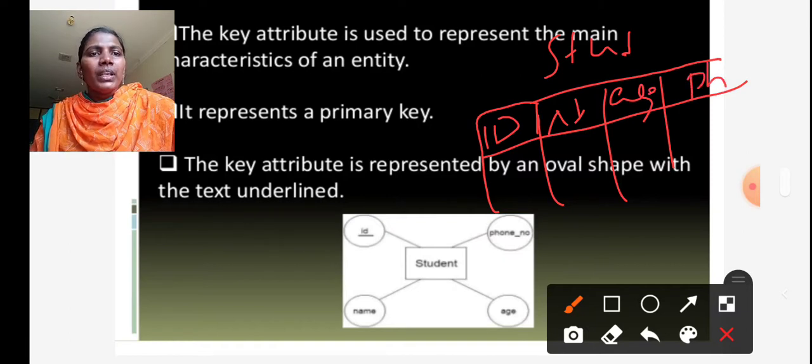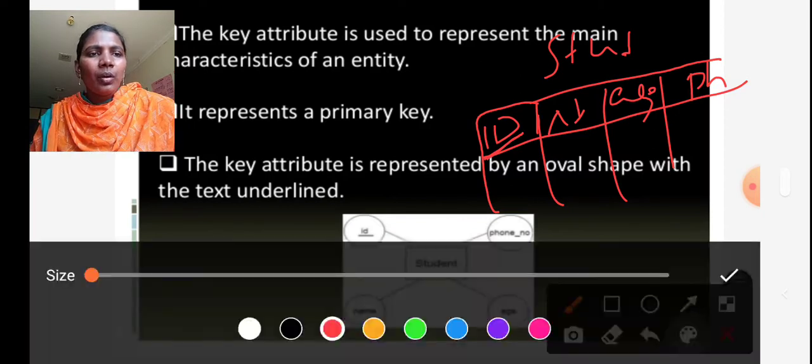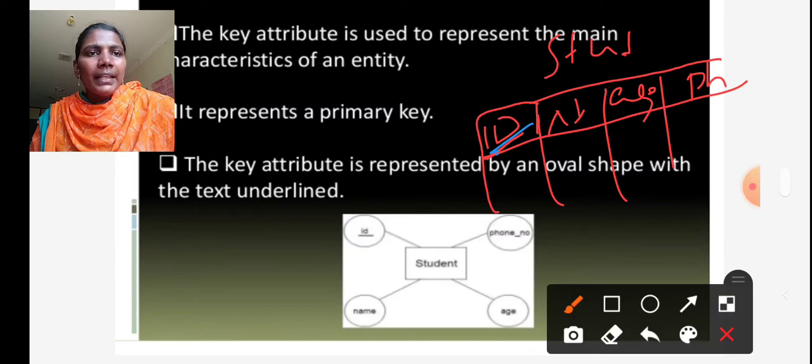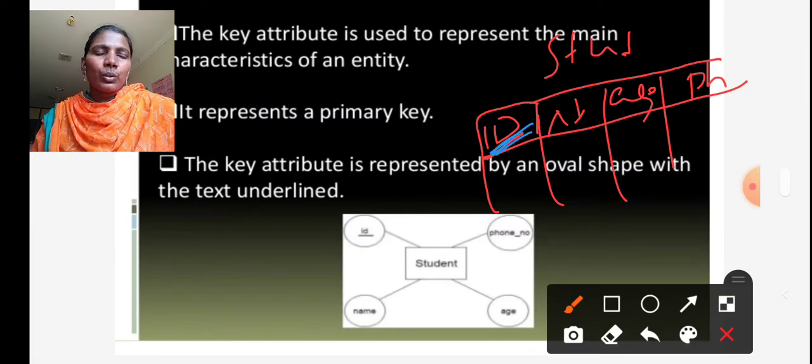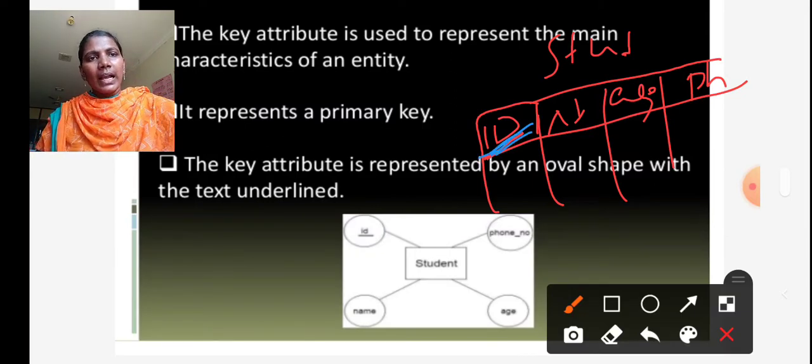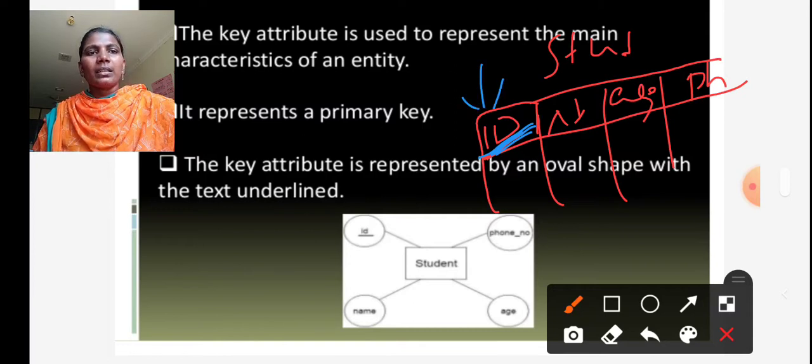Here ID is the primary key attribute, which is represented with the underline. If we take the ID or any attribute as a key attribute, it doesn't accept null values and duplicate values.